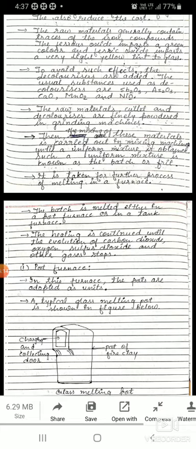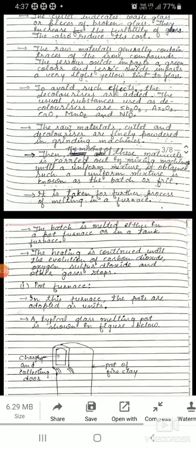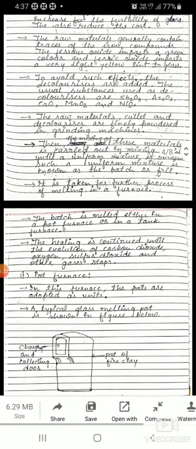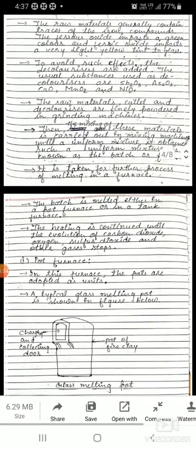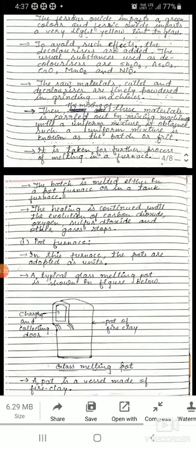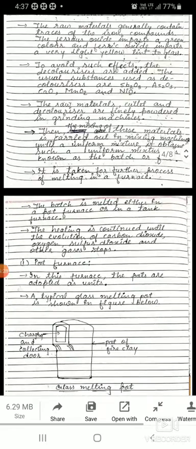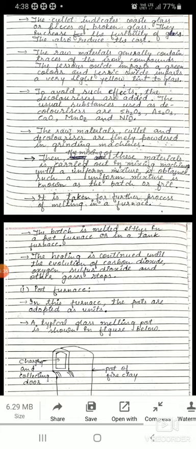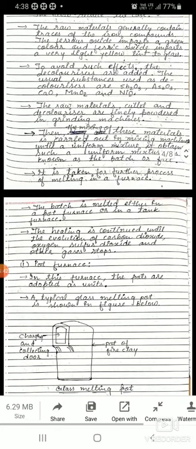The usual substances used as decolorizers are SbO2, S2O3, CaO, MnO2 and NiO. So these all are decolorizers to remove the color caused by impurities in the glass.